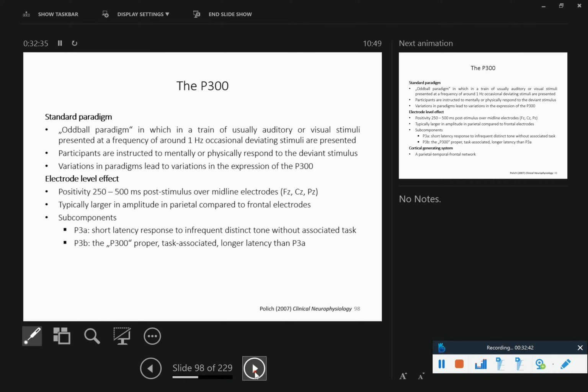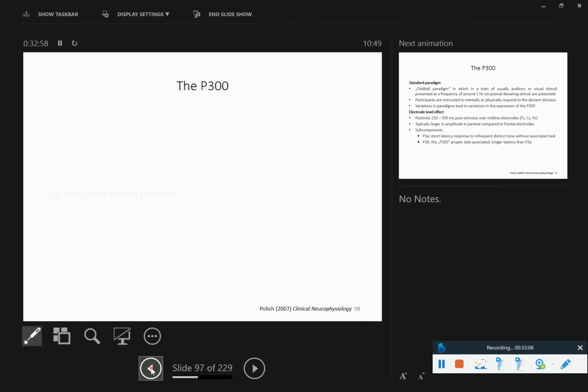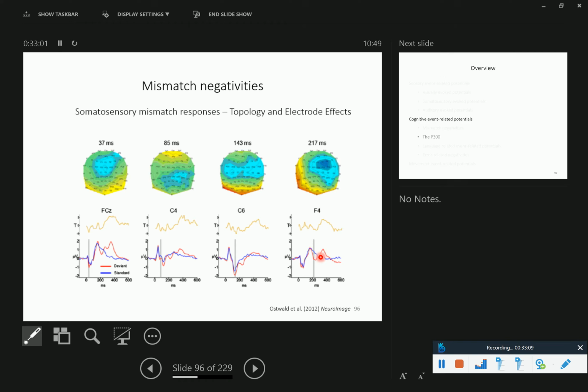Then there are two subcomponents at least, and of course people like to find more subcomponents. The first one being the P3A, which is a short latency response to the infrequent distinct tone happening without associated tasks, so going more into the thing about mismatch negativities. That's why I said that this thing here is more like a P3A. What you see here, this thing that we have in the very end, that's definitely a P3B. And this is more like a P3A compared to this. Anyway,